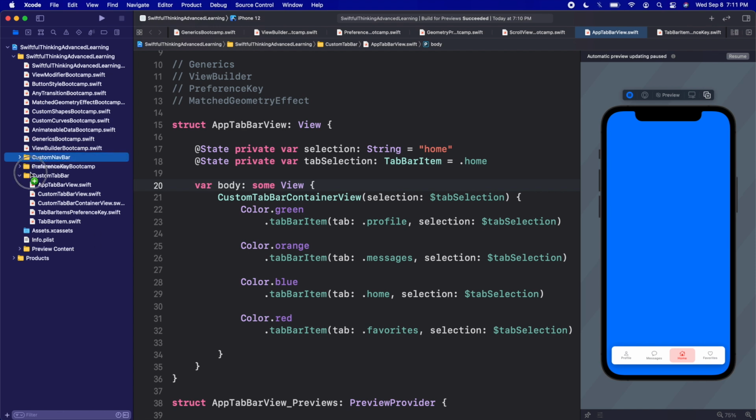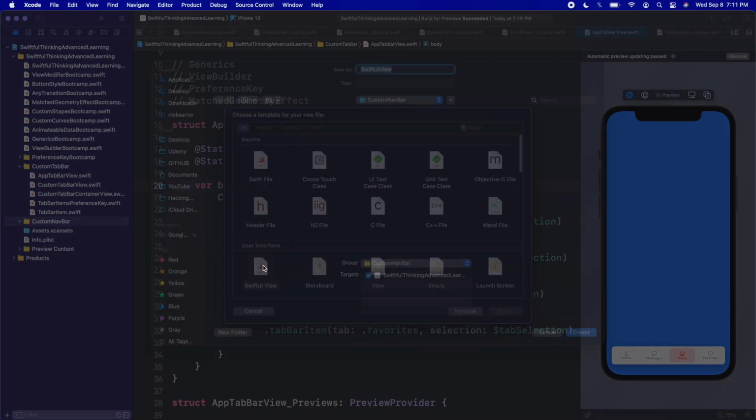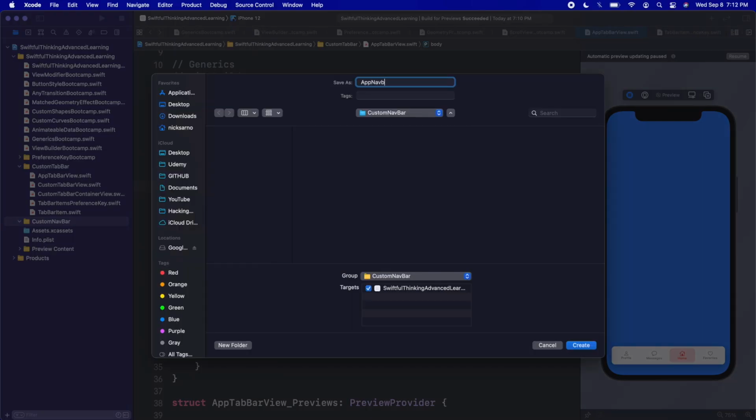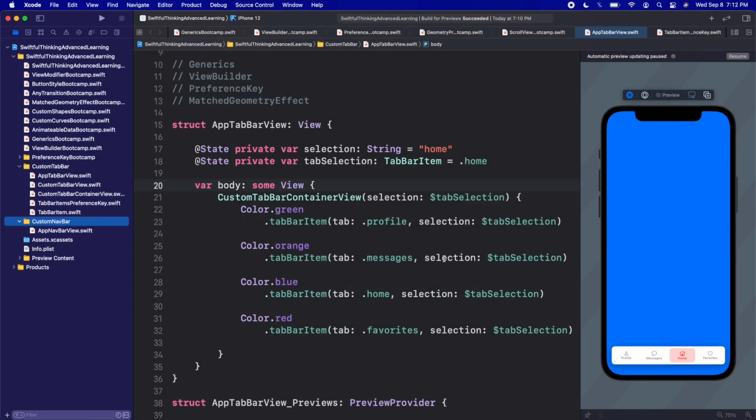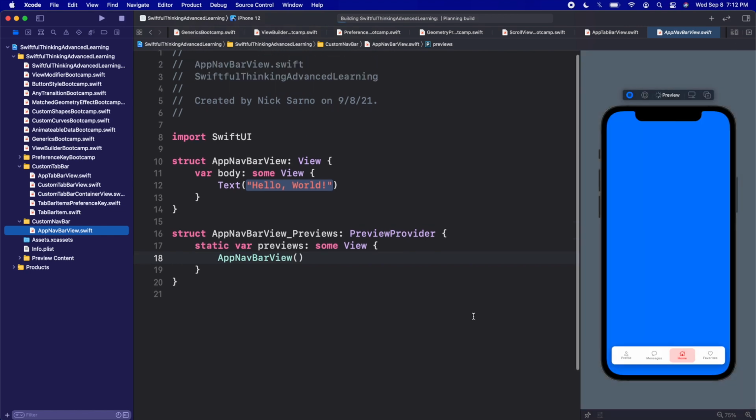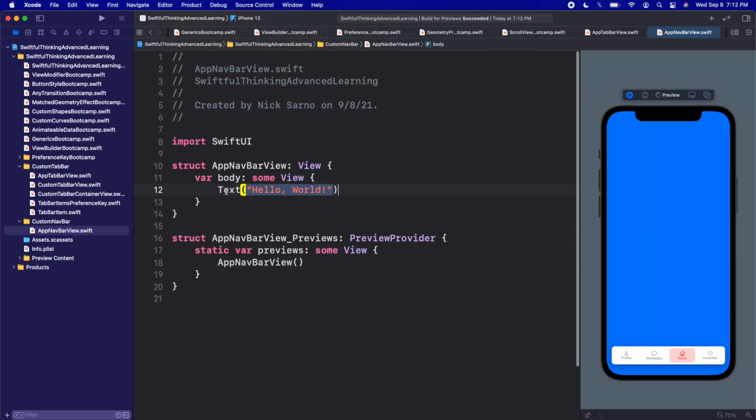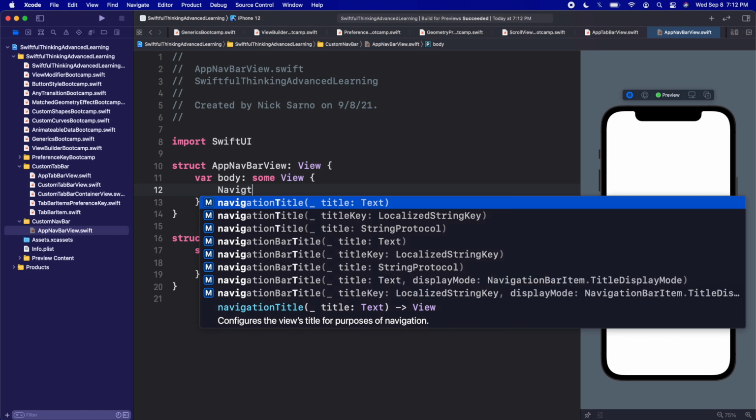I'm going to move the folder down below our custom tab bar here. And I'm going to try to do it in the same format as the last video. So first we created an app tab bar view in the last video, and in this one, let's right-click, create a new file. It will be a SwiftUI view, and let's call it app Nav Bar View. Click create. Let's click resume once you're inside,